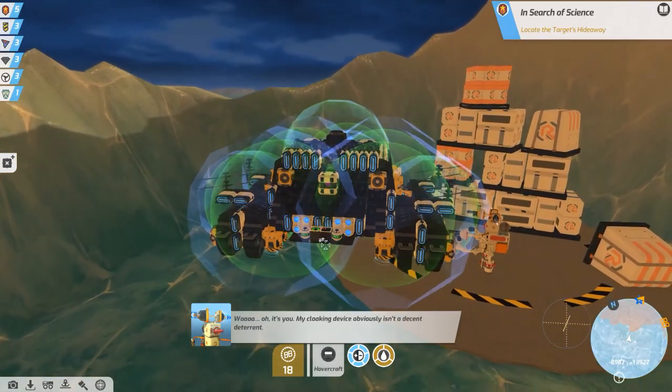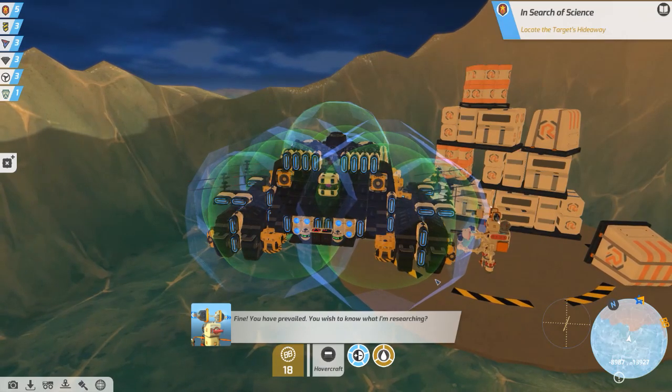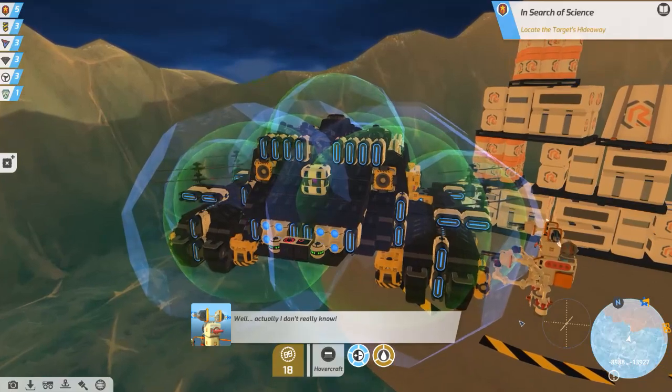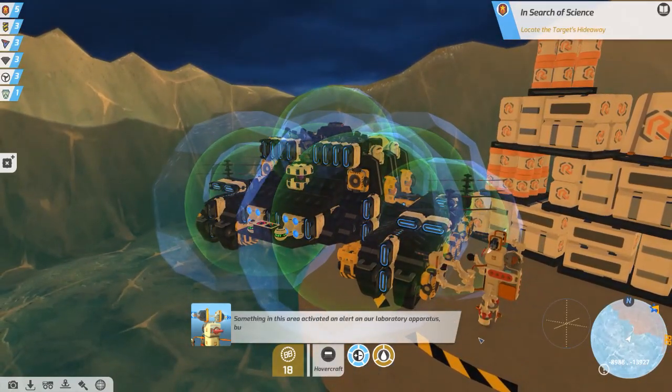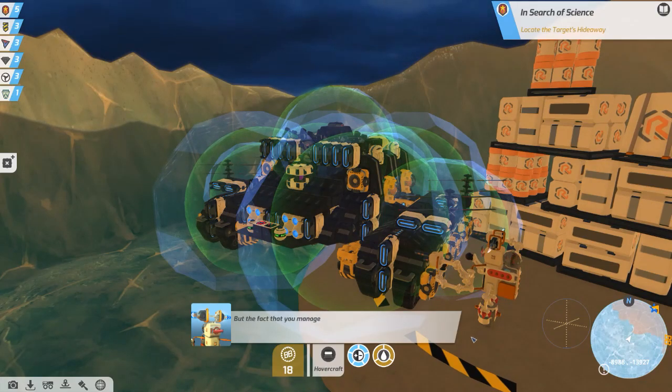Whoa! Oh, it's you! My cloaking device, obviously... I can read it fast enough. Fine, you have prevailed. You wish to know what I'm researching? Well, actually, I don't really know. Something in this area activated an alert on our laboratory apparatus, but also I couldn't obtain something. But the fact that you managed to track me down makes me think that you could be...